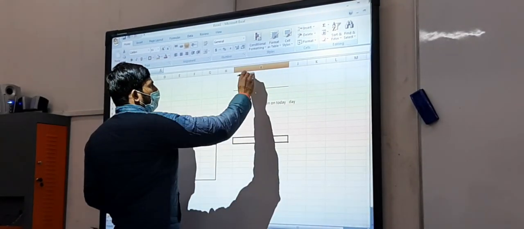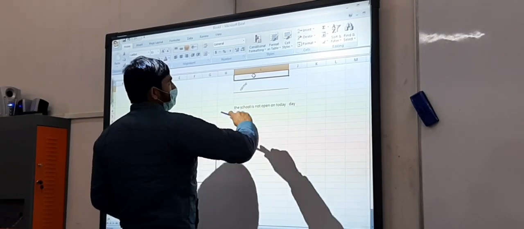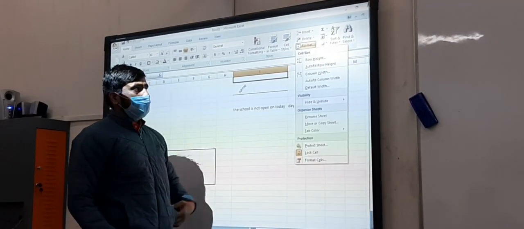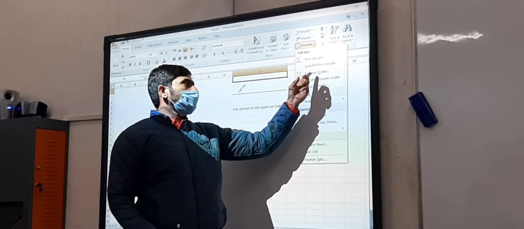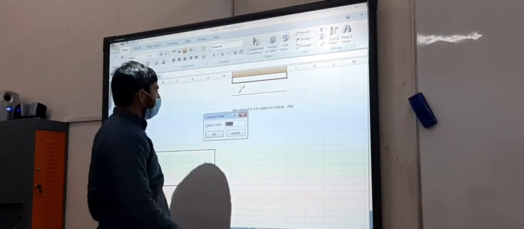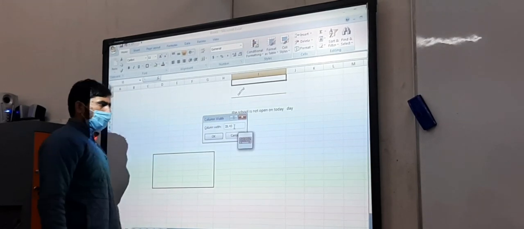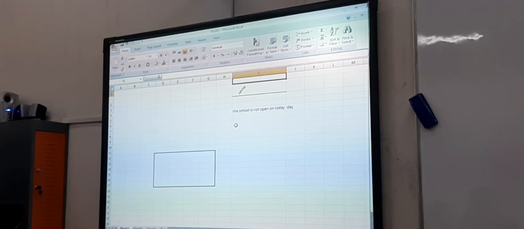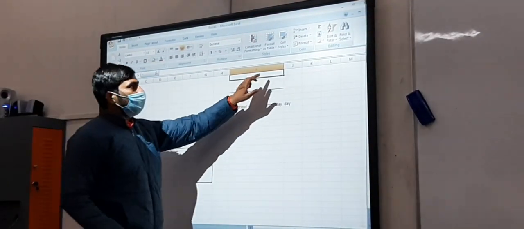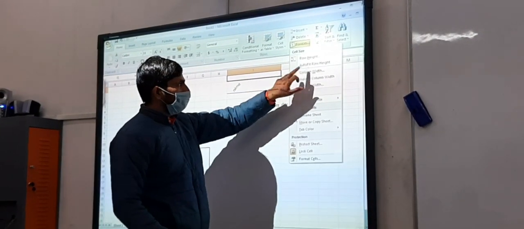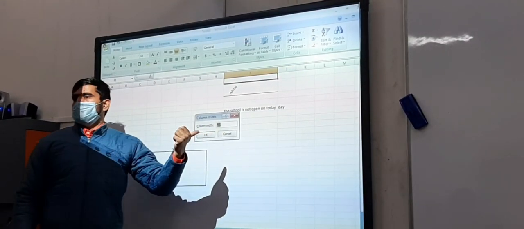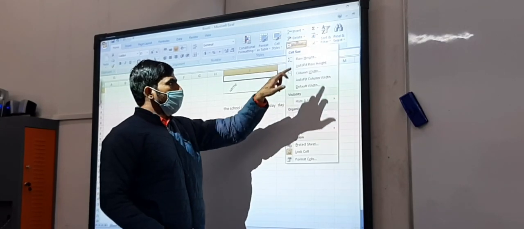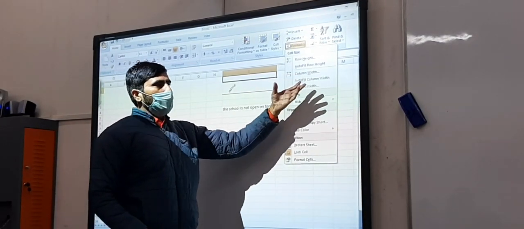The next option is you have to select that one and click onto the format. Here you can see the row height and the column width, and here you can see the numbers. Suppose I change that to 28. Next, if you go into the format and see the column width, you will see 28. The same thing we can do in Excel with the row height and column width also.